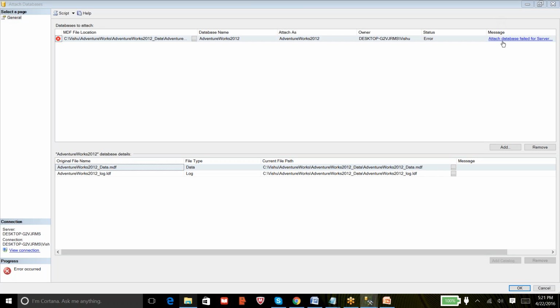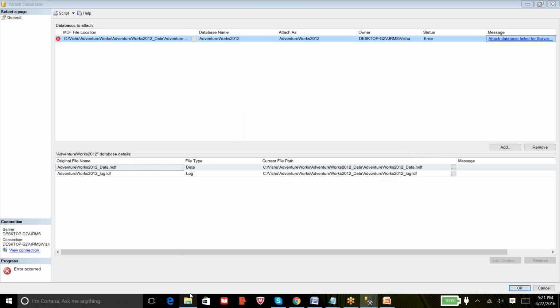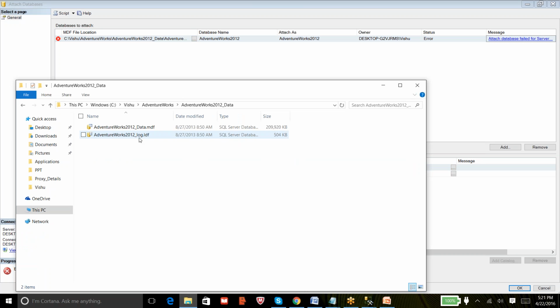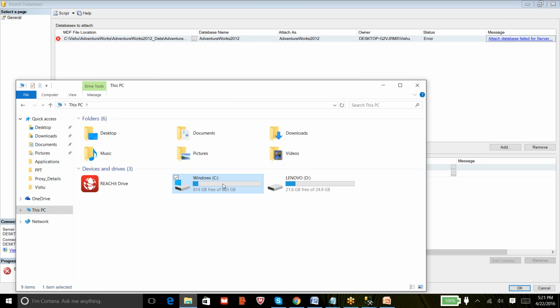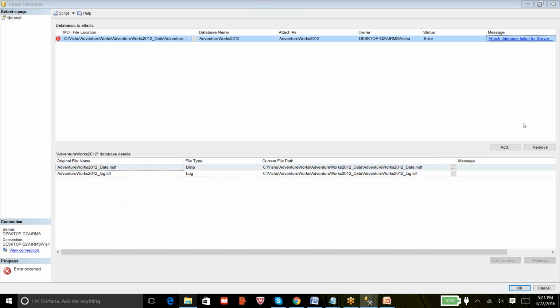There was an error message. Okay, it says access denied. So let me move these two files to some other location and restore from there. Maybe I'll paste it here and try it again.